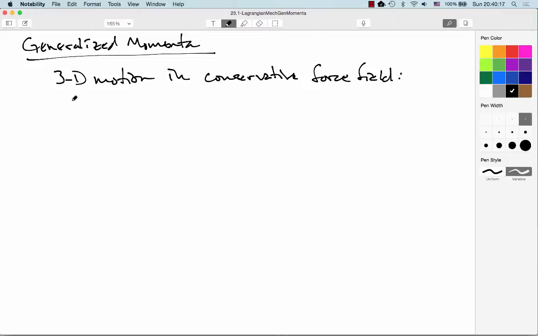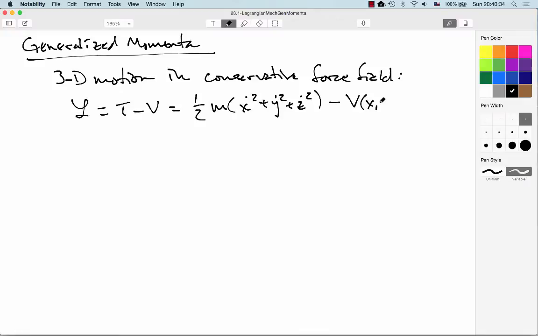So our Lagrangian will be T minus V. So it'll be 1/2 m times x dot squared plus y dot squared plus z dot squared, minus some potential that is a function of x, y, and z, but not the time. Okay,